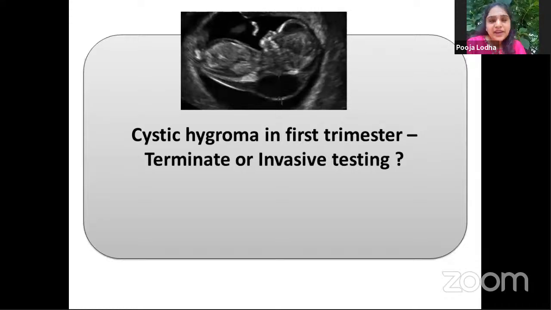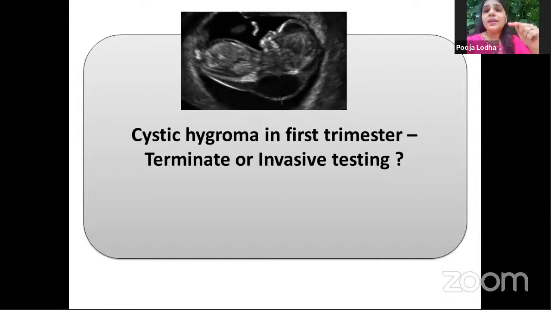So explain to the patient, there are chances that this fetus could be normal, but the chances are just 10%, quoting Fetal Medicine Foundation. 90% of the times, either the microarray is abnormal, so there is a chromosomal abnormality, or there is a structural abnormality. And even if the microarray and the structures are normal today, you don't know what will evolve tomorrow with increasing gestation. Even fetal losses of an apparently chromosomally and structurally normal fetus with cystic hygroma are known. So before you commit to the patient about rocket science values and giving them lots of hope that nothing happens, it will resolve later,